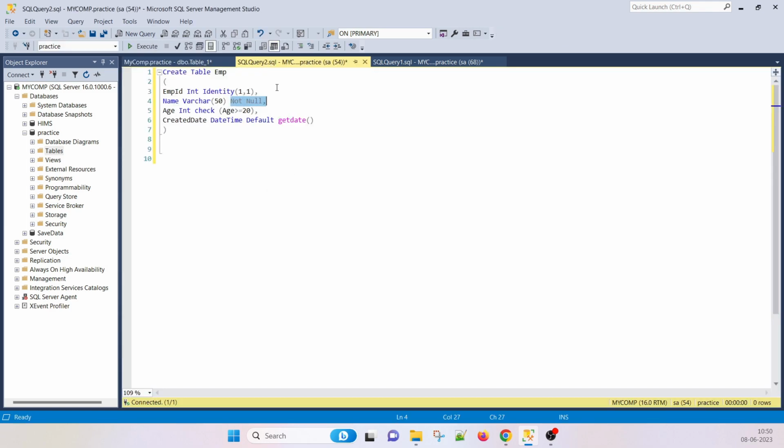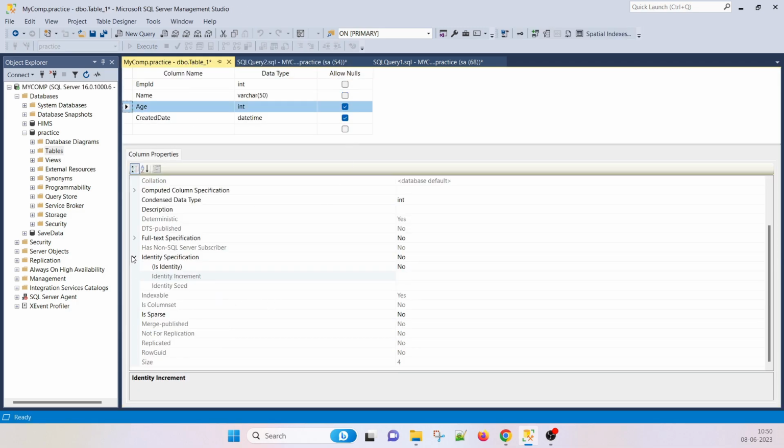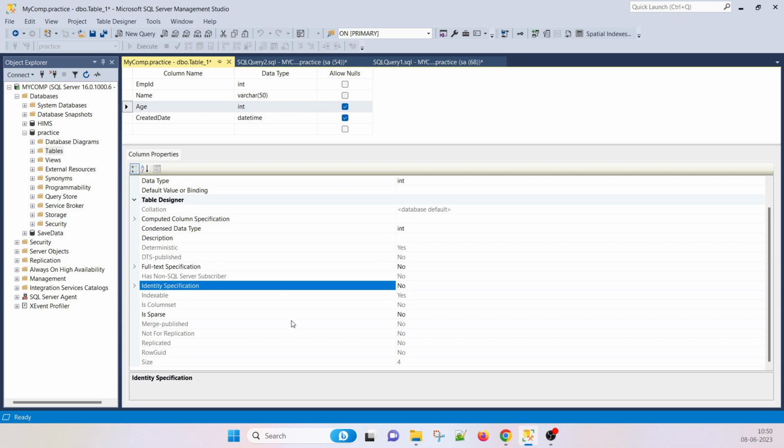So we can specify not null here as well, no problem. And age is greater than or equal to 20, we have to specify this condition. Where to specify it? Click on it, then there is a condition we have to apply in the